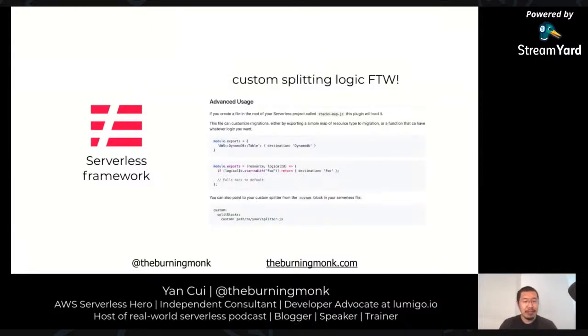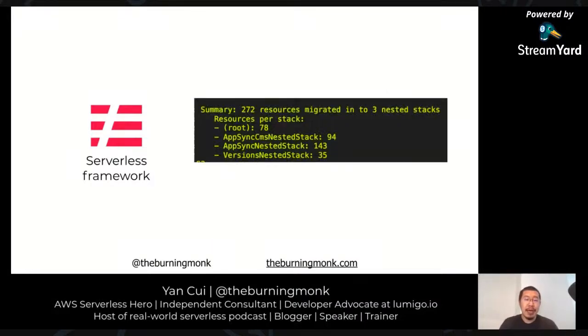And the great thing here is that it lets me control the splitting logic myself, which was very handy because remember, I have two AppSync APIs, each with its own Cognito user pool and its own set of resolvers, and they're pretty much independent from each other.